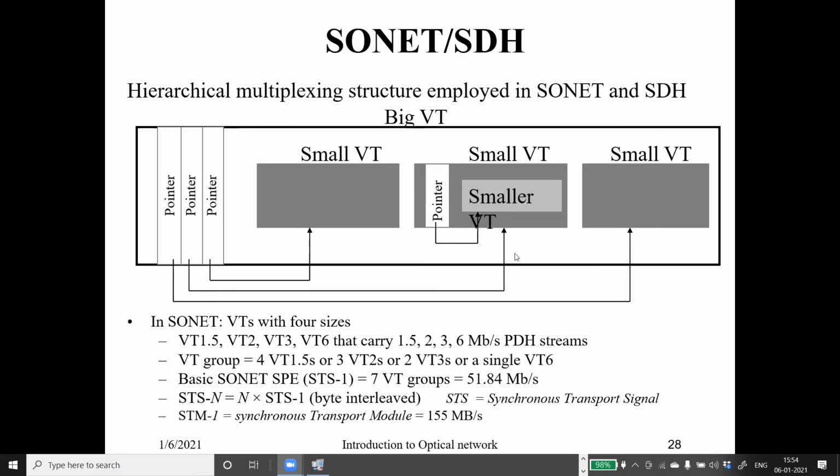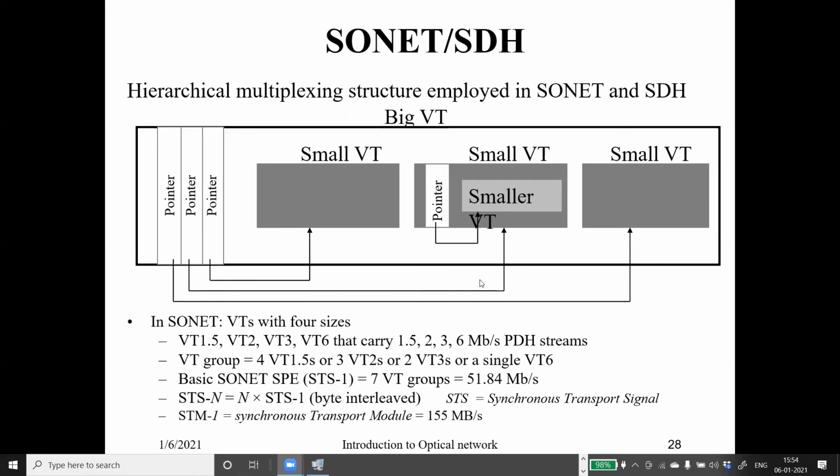और अगर आपने एक फ्रेम में 4 virtual tributary रखे हैं तो 4 डेटा रेट हो सकता है, 1.5 भी हो, 2 भी हो, 3 भी हो, 6 Mbps भी हो. But the point is one tributary will have a single data rate. That is very important when you are doing your 7 groups, not 4 groups, 7 groups, 4 sizes, correct? So sizes are 1.5, 2, 3 and 6.